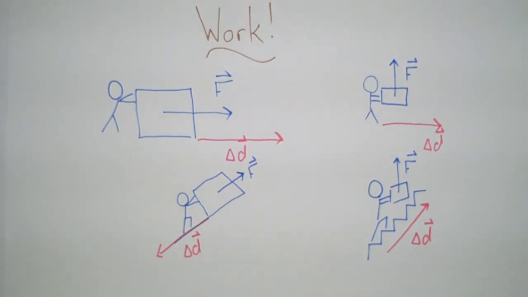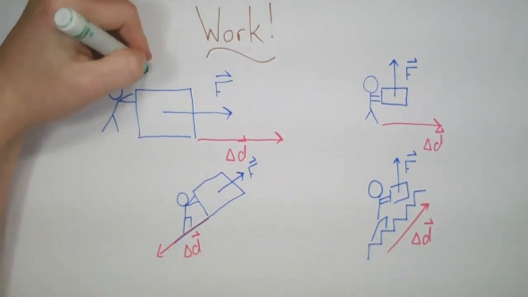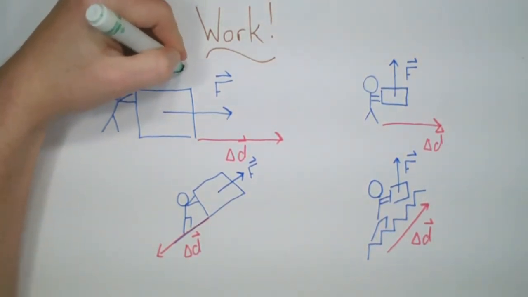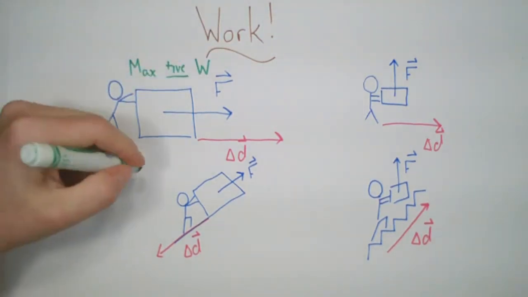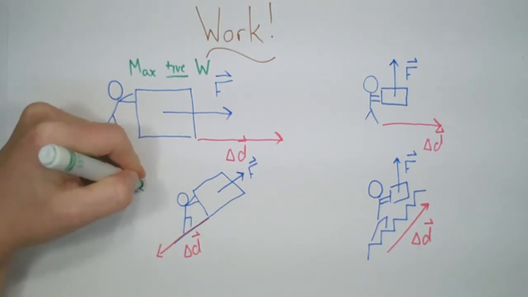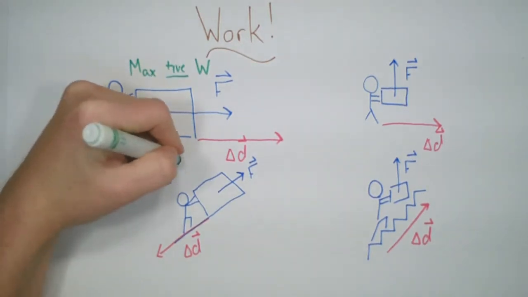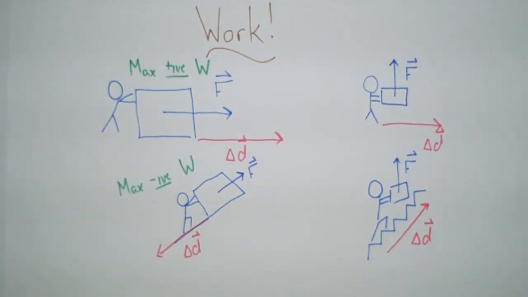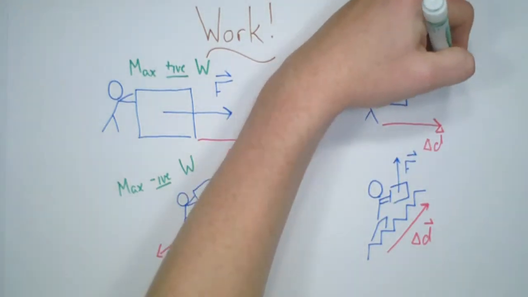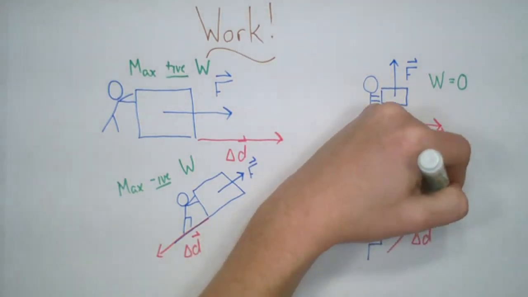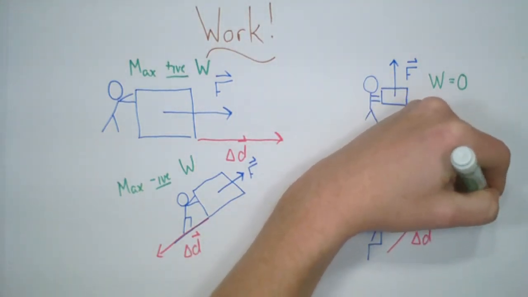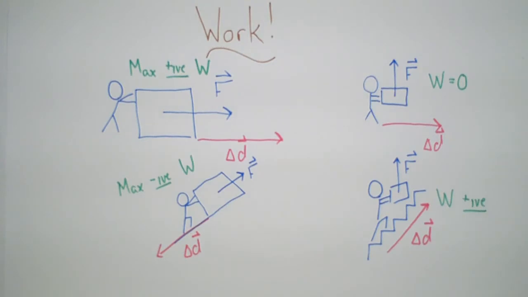So now if we look at these, we can see that in the first case, we would have an angle of 0, which would give us a maximum positive amount of work. In the second case, because the cosine of 180 is -1, we get a maximum negative amount of work. In the case of carrying the book, because we have a 90-degree angle, we end up with 0 work, because the cosine of 90 is 0. And finally, in the case of going up the stairs, we're going to have some amount of positive work,